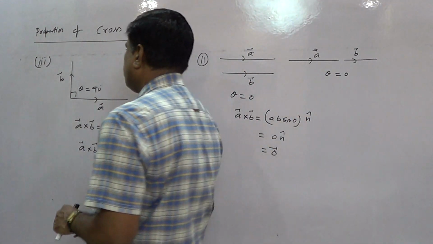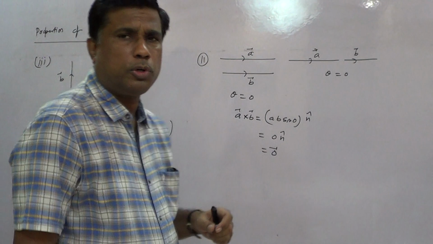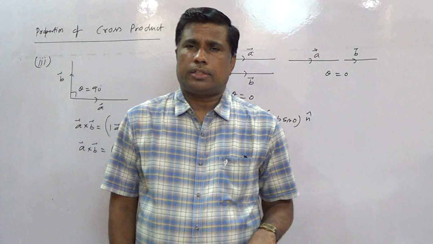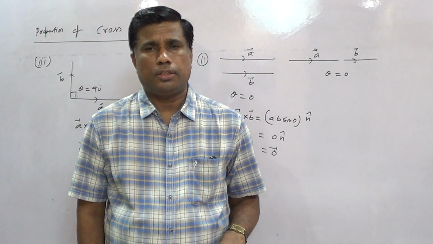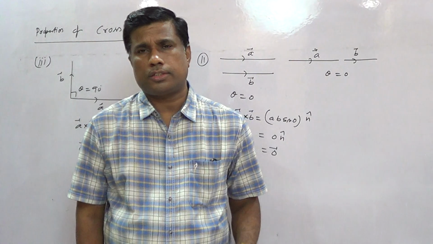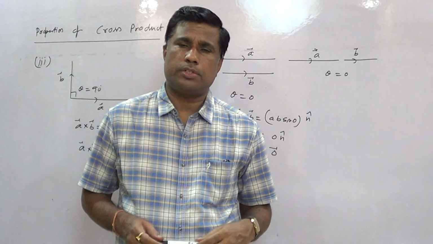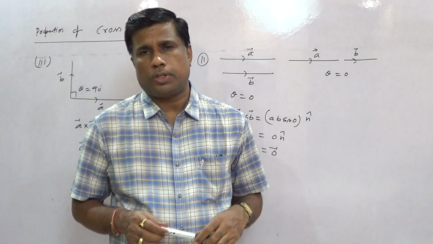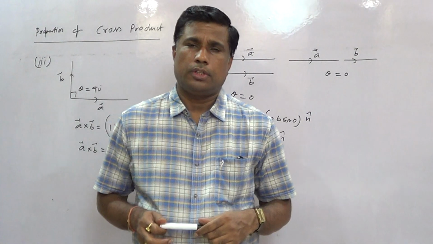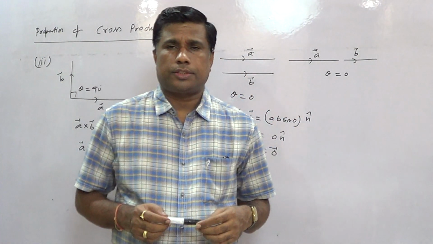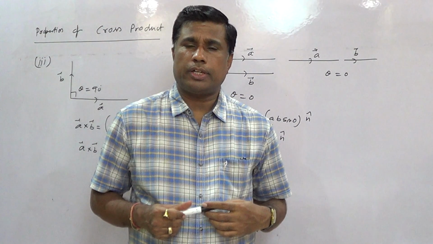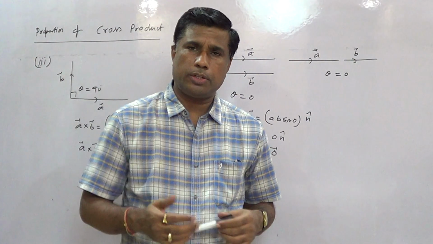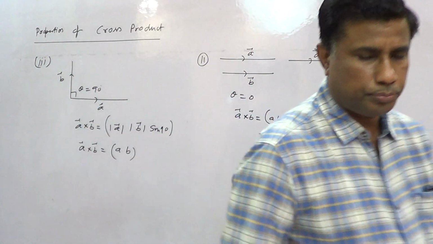Now student, these are the basic and important properties of cross product: parallel vectors have cross product result 0 vector, collinear vectors cross product also gives 0 vector, and if the vectors are perpendicular to each other, then their cross product magnitude is equal to the product of their magnitudes. Now we are going to discuss cross product of unit vectors like i cap, j cap and k cap. This is very important. I will discuss it in the next video. Wait, thank you. You can write it.